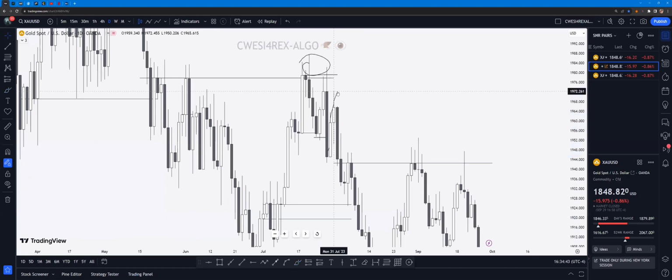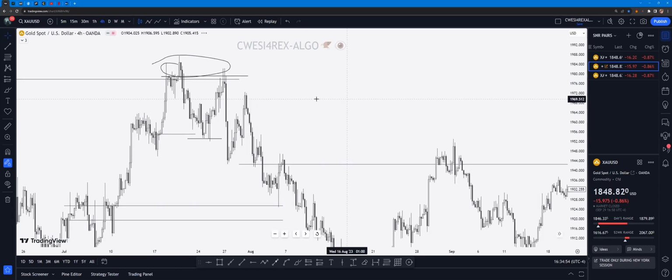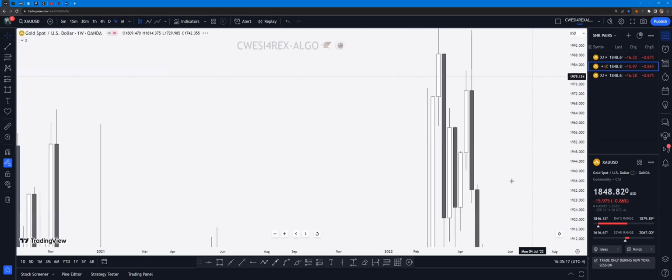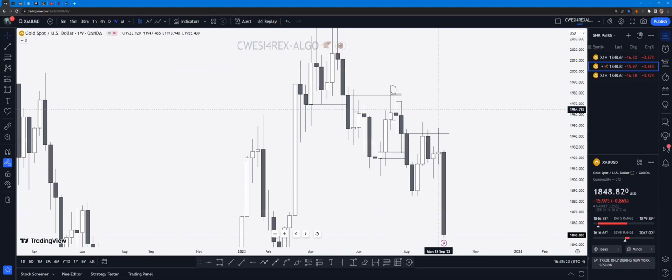Okay, so if you can make your entry from this daily time frame, then you can just move to the 4-hour time frame and make your entry. In the 4-hour time frame, we can see we have this left shoulder over here, which price came to mitigate, and then it starts to drop. So in a weekly bearish storyline, you can have a daily storyline as well. In a daily storyline, we can have an H4 storyline.